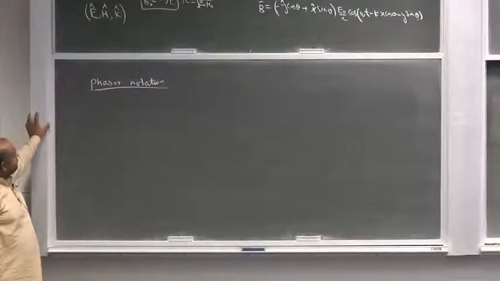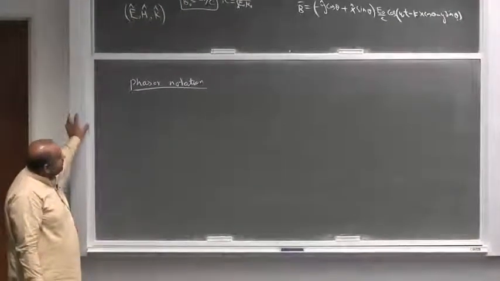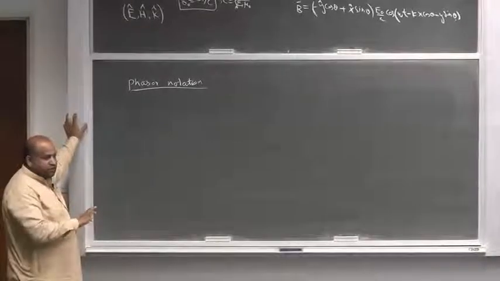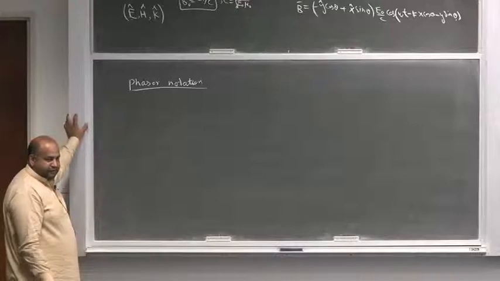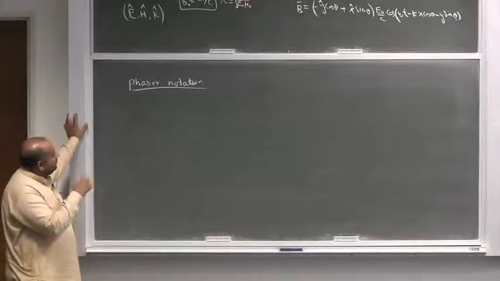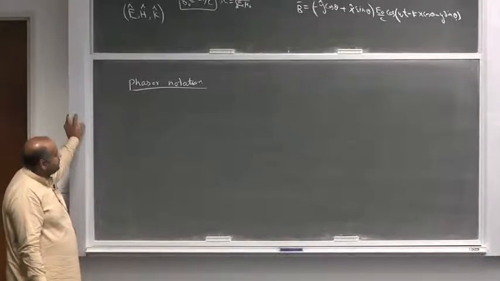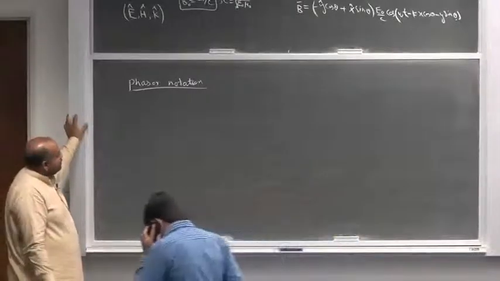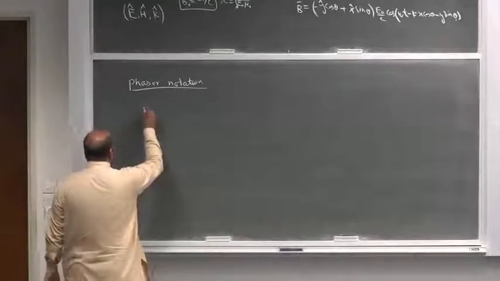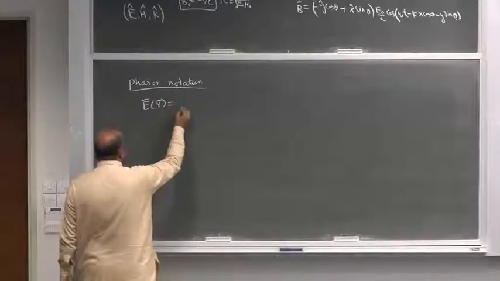Because in plane waves we are dealing with sinusoidal functions, and when we take, let's say, the derivative, cosine goes into sine, sine goes into cosine, but the argument remains the same, and then there's a factor multiplying there. And we can do that easily if instead of using cosine and sine, we use the exponential function. And we develop a notation like this. Let's say we have an electric field like this,